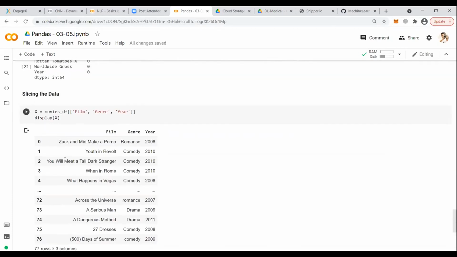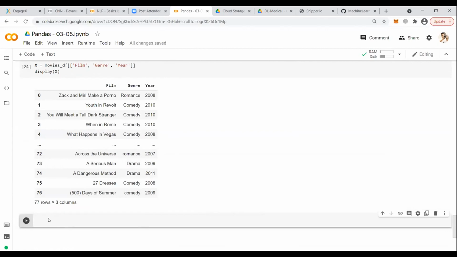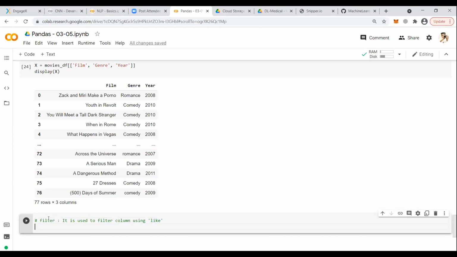Now after selecting specific columns, we will try to filter the data like a query, or comparing it with some particular value, like a name. Filter is used to filter the column. Again, it is relevant to the column only. Like is an attribute. Filter is a method.